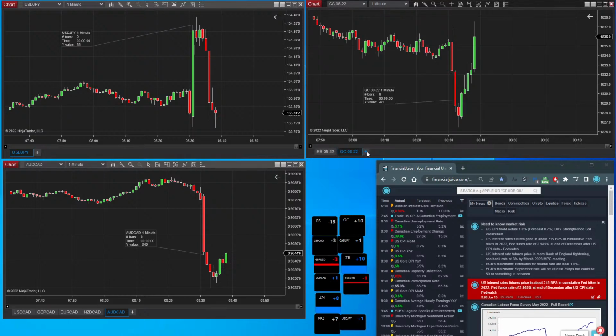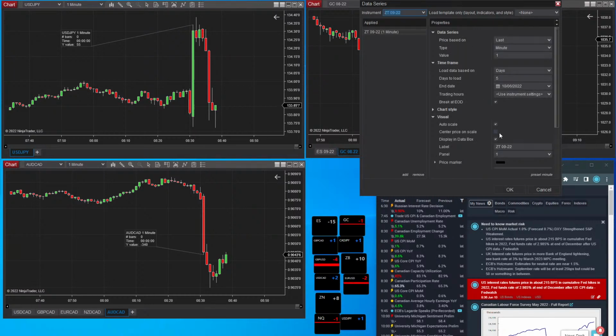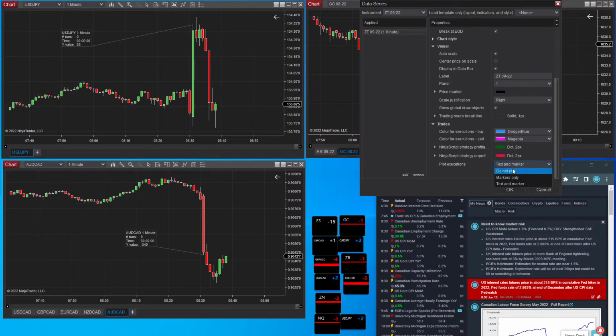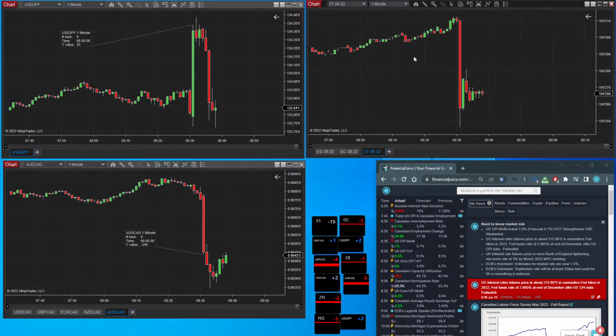Let's also look at the bond prices too. So let's go 2 year. Let's see what happened. I presume bond prices went down. Yep. And the bond yields would have gone up on that, on the 2 year. 51 ticks towards the downside.